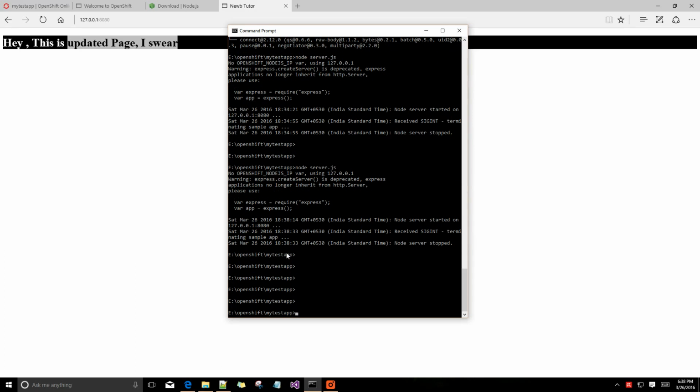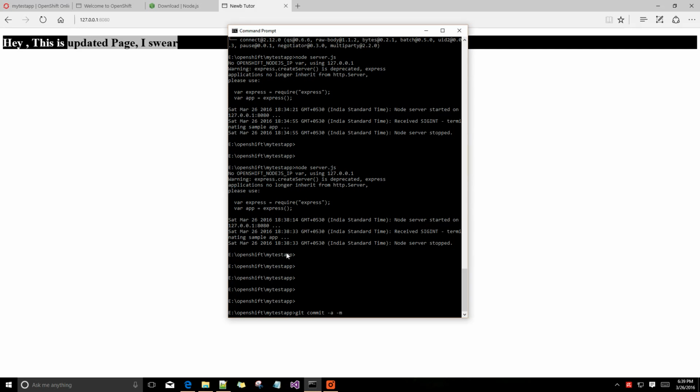Okay, now you need to do git commit. Every change you make, you need to commit. It's like versioning. So you need to follow this: git commit -a. The -a means all the files which I have changed or updated, just add them, and then -m.